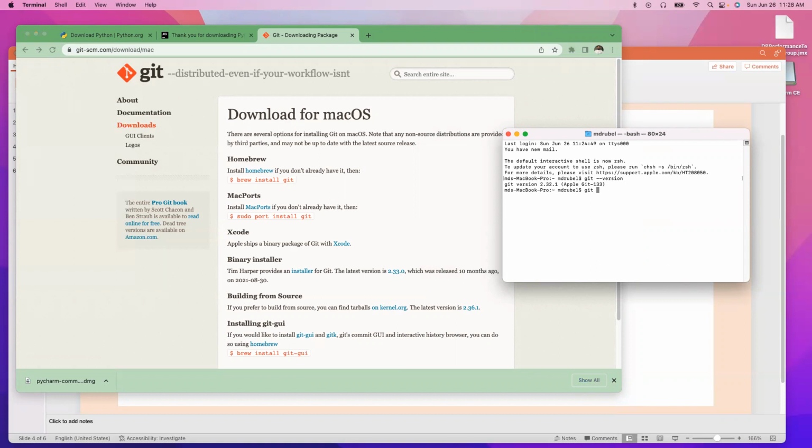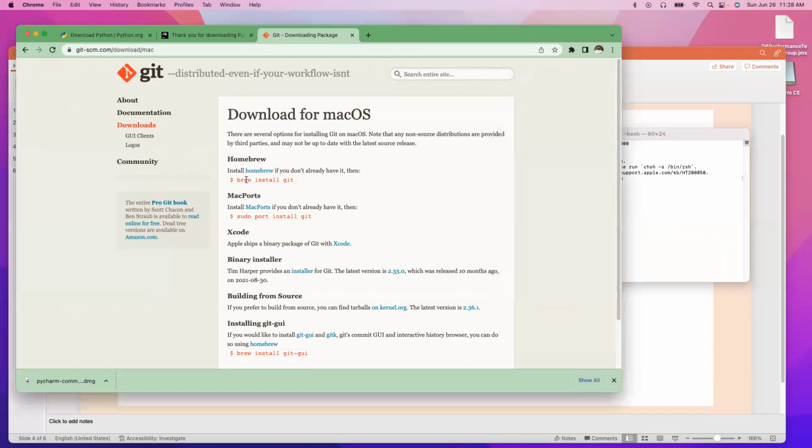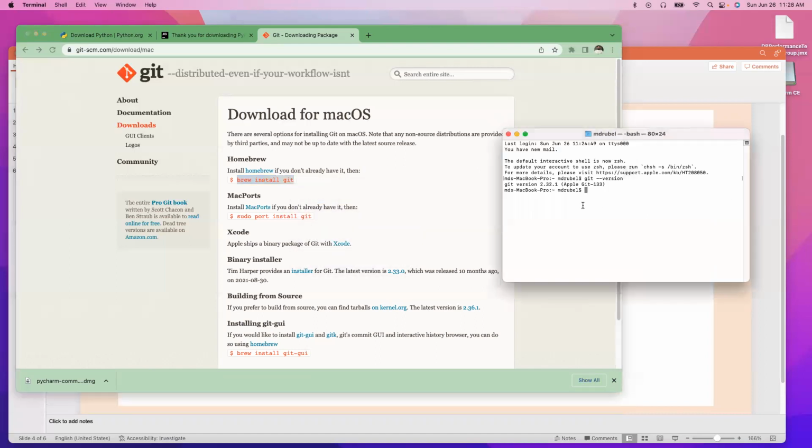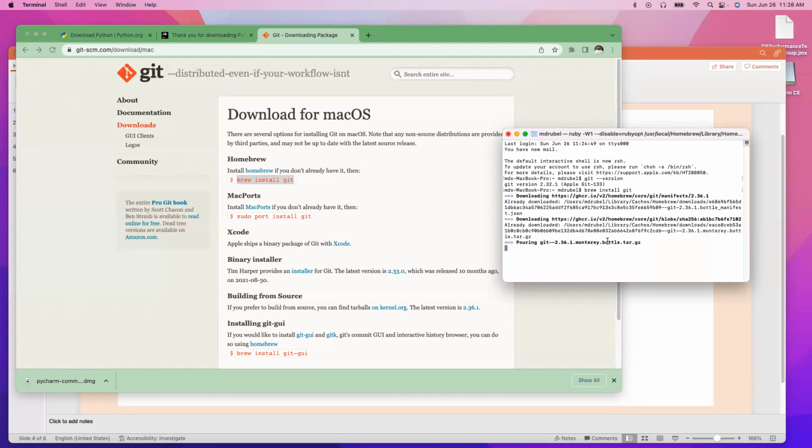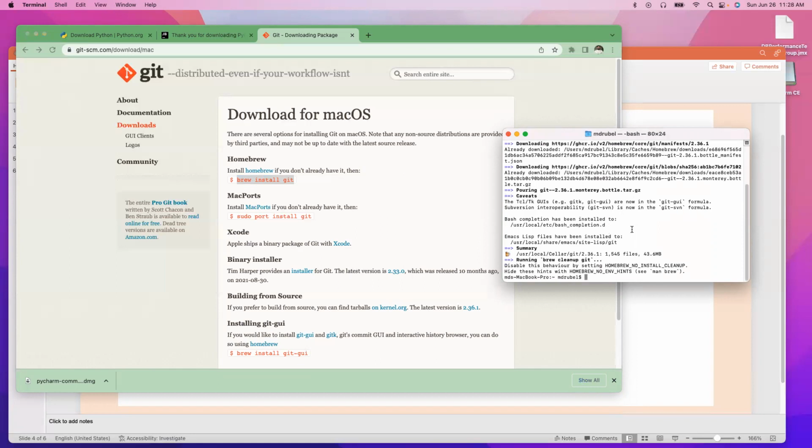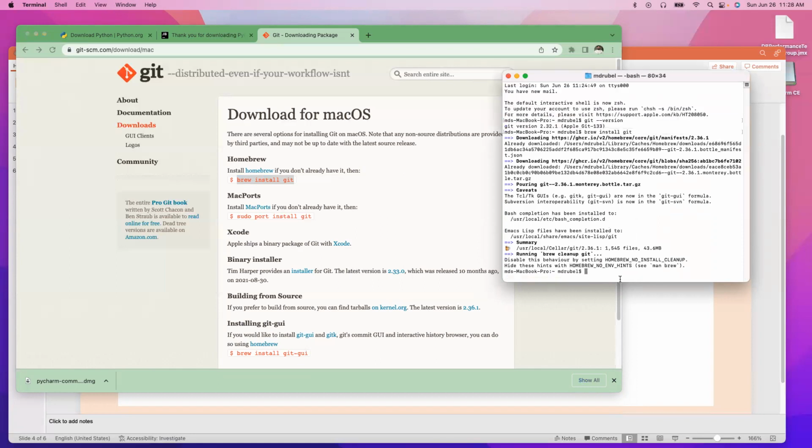So it has Git in my system, but I can still use Homebrew, right? So let's install. It will install the latest Git, or it may say you already have it, you can upgrade that, right? So now if I say git version,